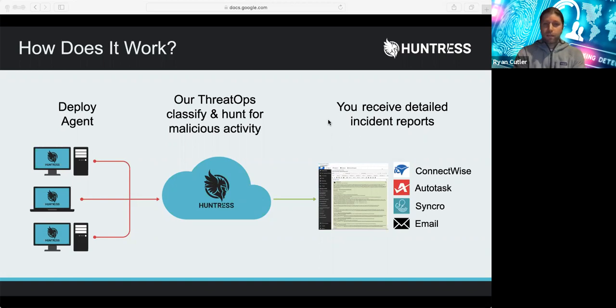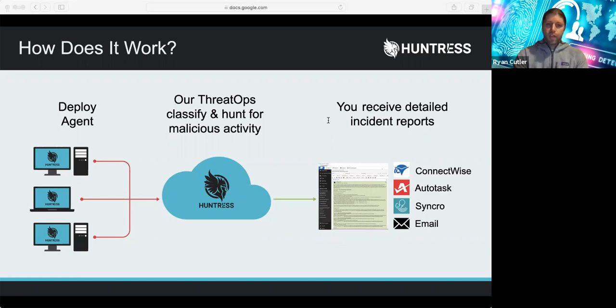We're collecting meta level data on things like the hashes and binaries of all those auto runs on your system, and then sending that up to our cloud. Once that data is in our system, we classify your data based on trusted and reputable versus the things that we've never seen before or that look suspicious. For unknown and suspicious data, our threat ops team will open an investigation to determine if the data is safe